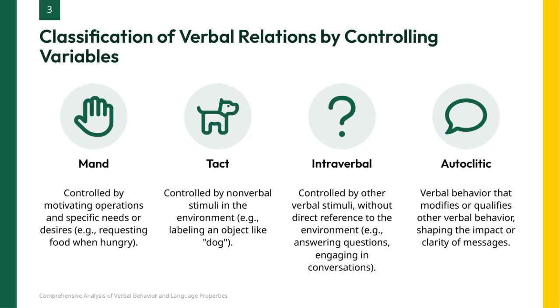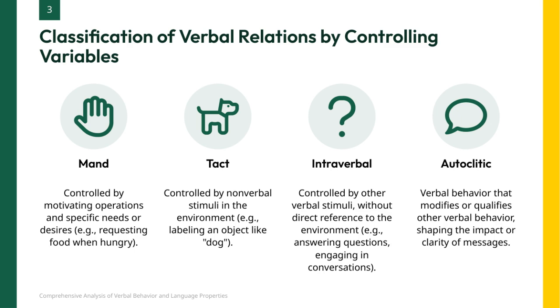Here, we classify verbal relations based on what controls them. First, we have the mand, which is driven by motivating operations and specific needs or desires. For example, asking for food when you're hungry is a classic mand. Next is the tact, which is controlled by nonverbal stimuli in the environment, like labeling an object you see, say,